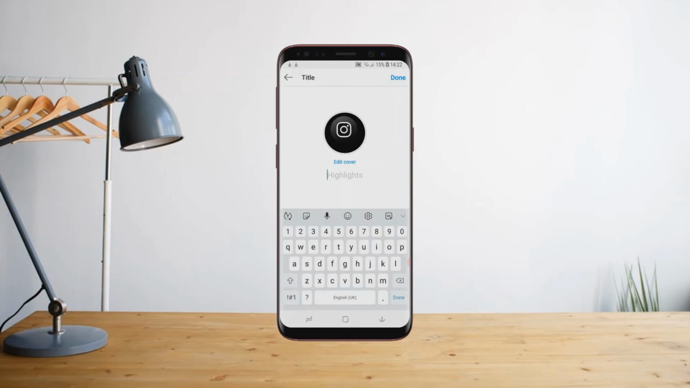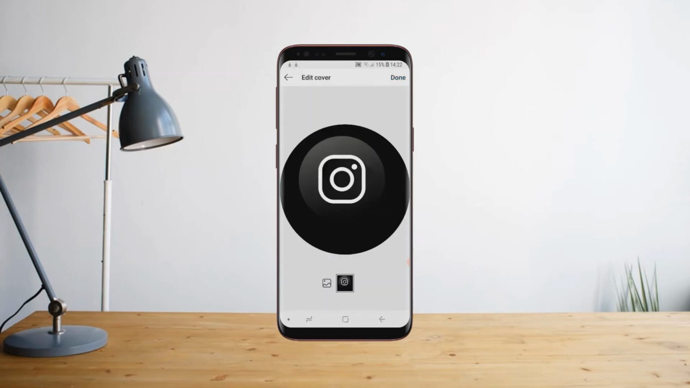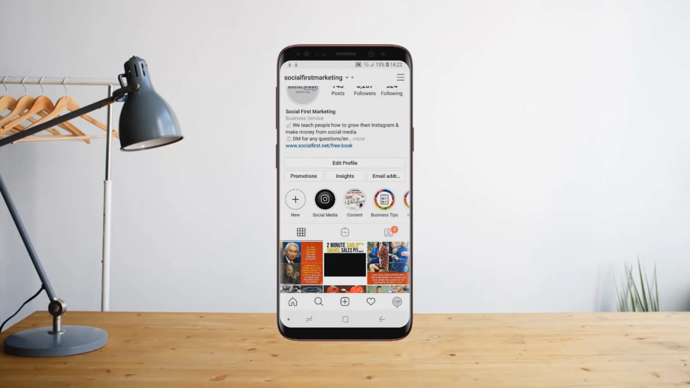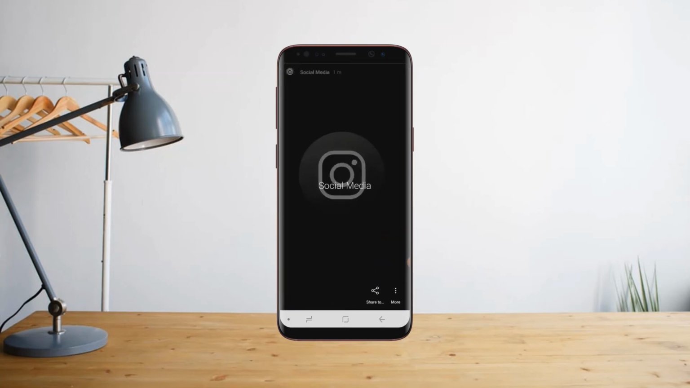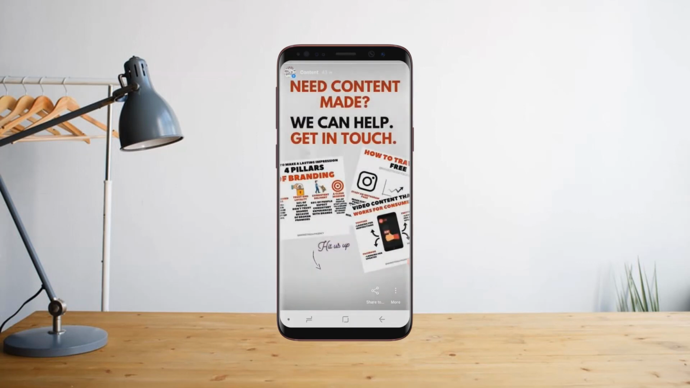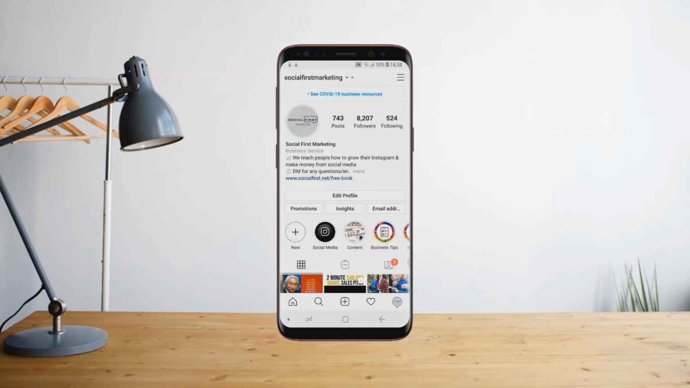Then you can just call it whatever you want. You can also position it properly so it's centered or aligned however you want it. And there it adds the social media icon, so then people can just go to that, and if you want to add to your story highlights,